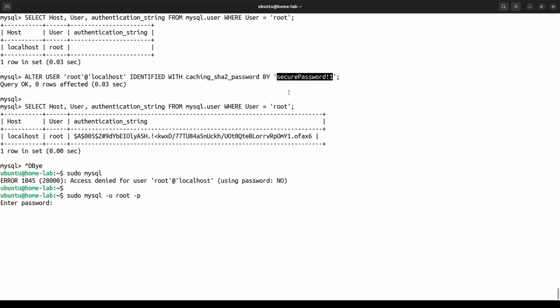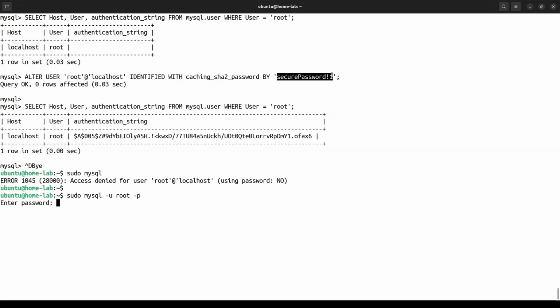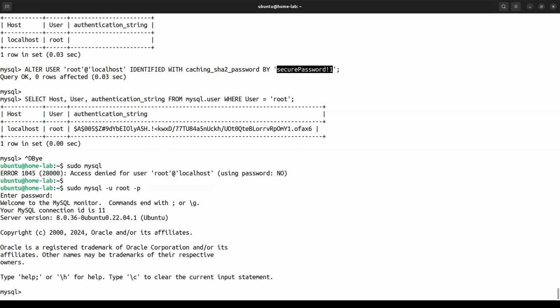Okay, so let me copy this password. Okay, I have pasted the password and now I am connected with the MySQL server. Since we have set the password, you will run this command every time you want to connect with the MySQL server. If you do not want to type the password every time you connect with the MySQL server, you can